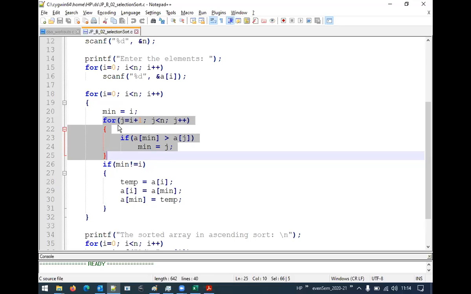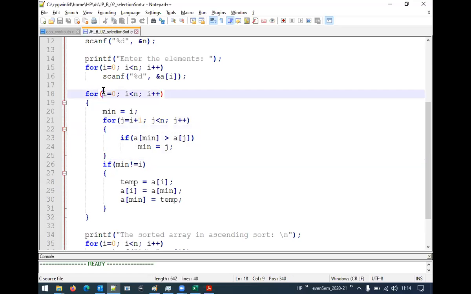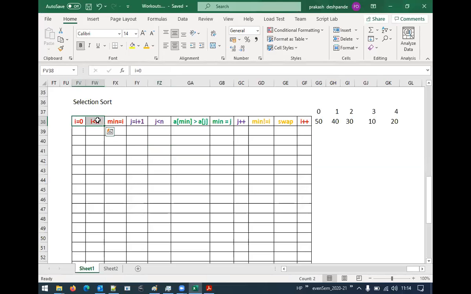I hope you can understand the inner for loop and outer for loop. The one which is outside is called the outer for loop. The one which is placed inside another loop is the inner for loop, right? For that reason, i equals 0 and i less than n are in one particular color. That will help you trace the program properly. Now, if this particular condition, the one in the second column, is true, where will the control go to?